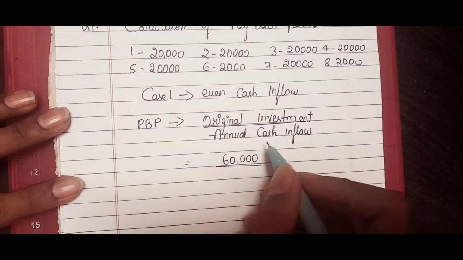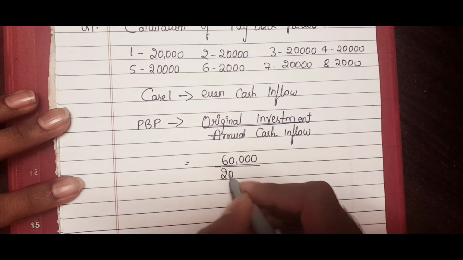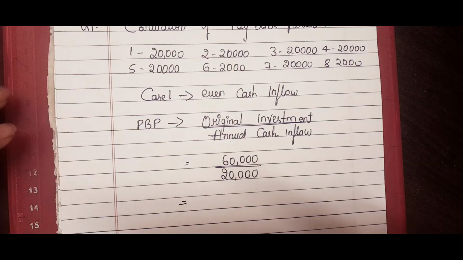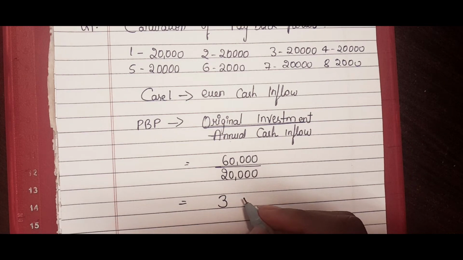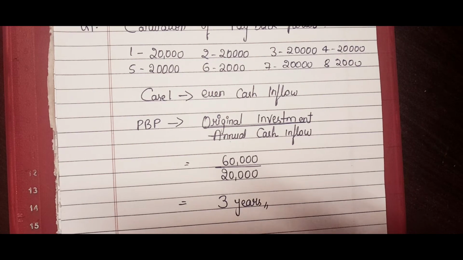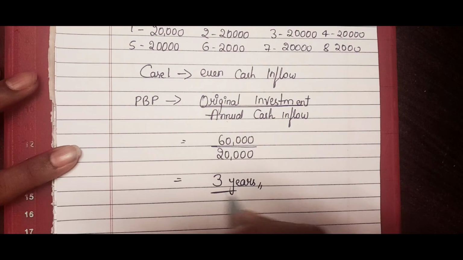divided by annual cash flow, means every year how much is he getting? 20,000 returns we are getting. So now calculate 60,000 divided by 20,000 will be 3. The answer will be written as 3. 3 means 3 years, which means whatever amount they had invested into the business, they will get back in